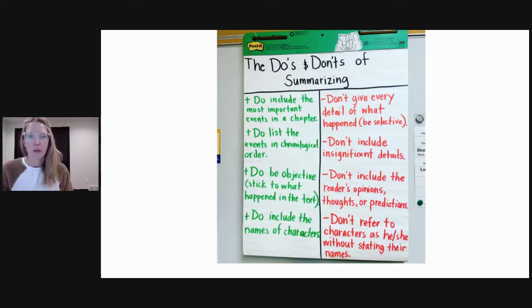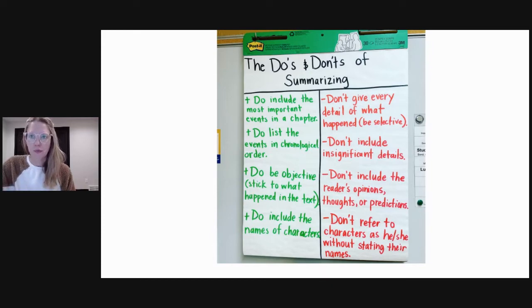Be selective. The next one, do list the events in chronological order. And then the flip side, don't include those insignificant details. So making sure that you're ordering it in the events that happen in the chapter. Next one, do be objective. So stick to what actually happened in the text. Don't include your opinions, thoughts, or predictions. And then the last one, do include the names of characters and don't refer to characters as he or she and give general things like they went here or there. Use actual names of places and names of characters. So once students have that foundation of what summarizing is, then we can go and talk about how to teach